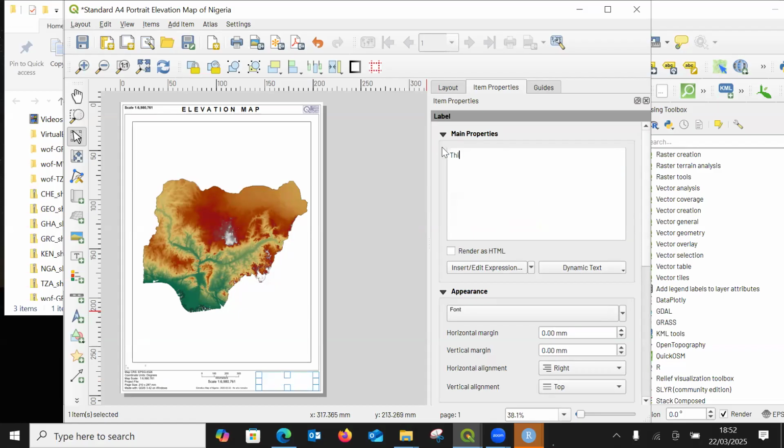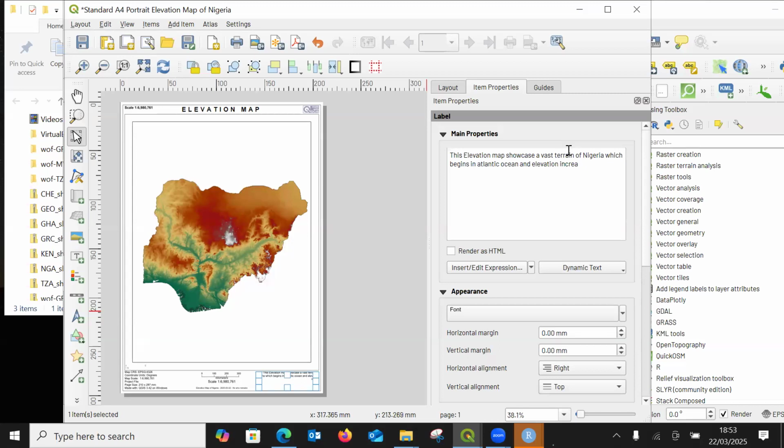For example, this elevation map showcases a vast terrain of Nigeria, which begins in the Atlantic Ocean, and elevation